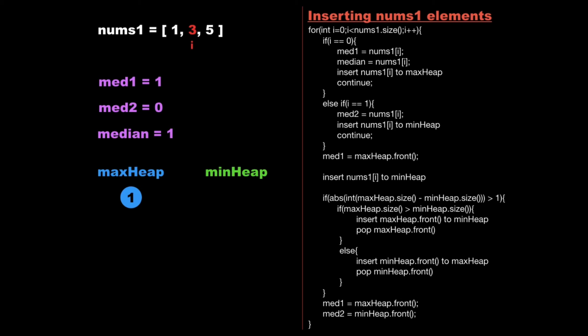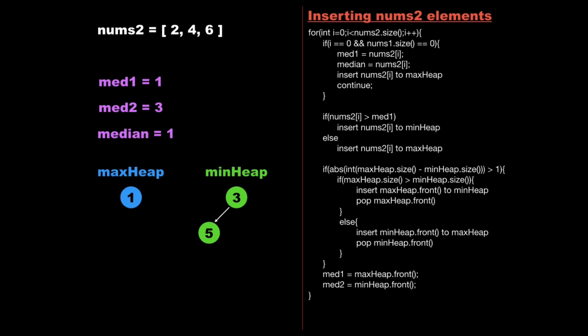So now we enter the else condition, where we update the value of mid2 as nums1 of i and then insert nums1 of i to the min heap, and again increment the value of i. Now i points to the third memory location, or the value 5. So now we directly insert the value 5, or nums1 of i, to the min heap. Since our array nums1 is finished here,